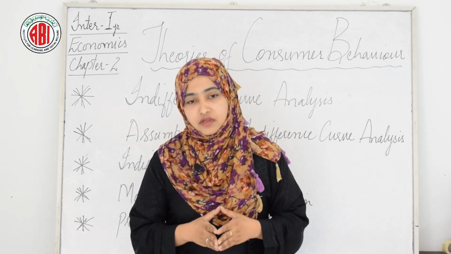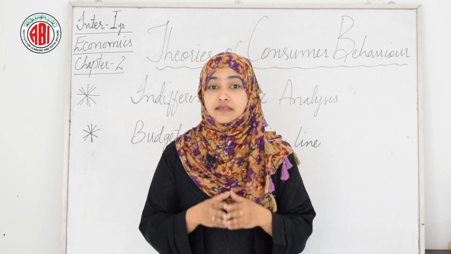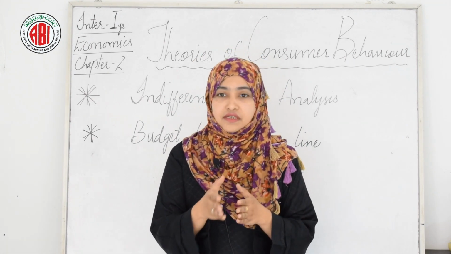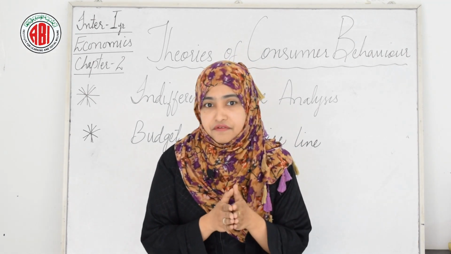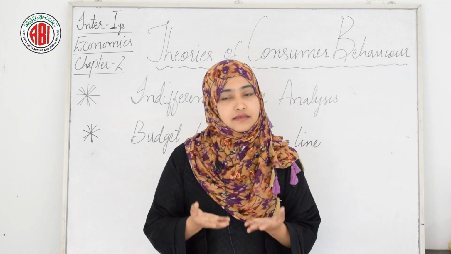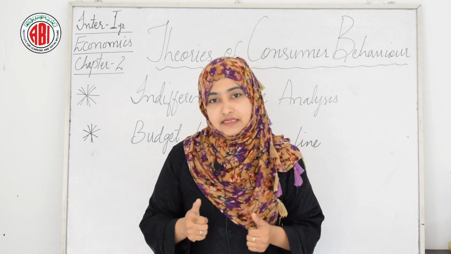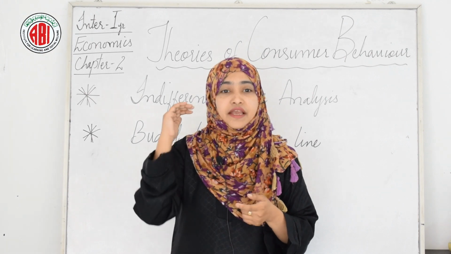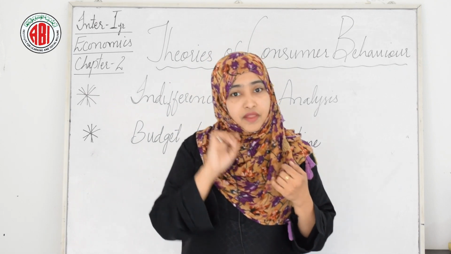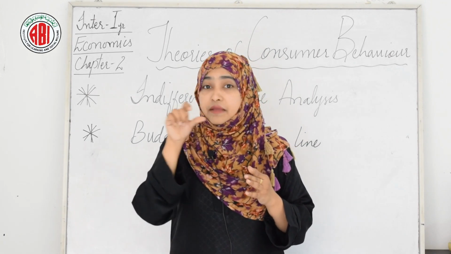Now we will discuss the budget line or price line. The budget line is essential to determine the consumer's equilibrium. Okay, as we just discussed, a higher indifference curve shows a higher level of satisfaction than the lower one. Exactly. So a consumer, in his attempt to maximize his satisfaction, will try to reach the highest possible, that is the right IC. But the particular combination of the two goods on the IC depends on two factors,